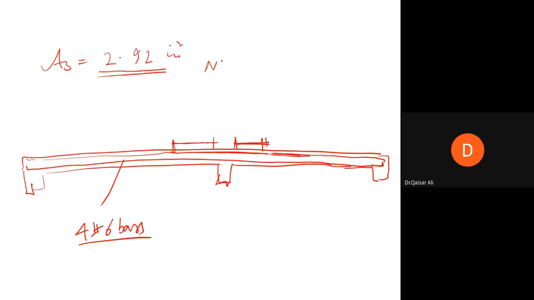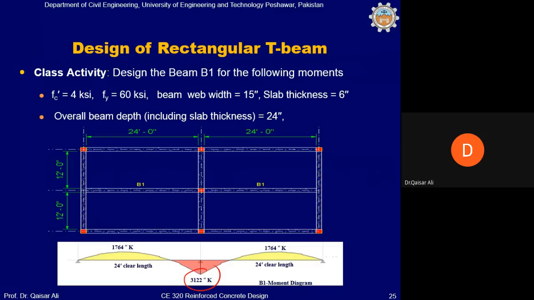नेगेटिव में कितने बार्स रिक्वायर्ड होंगे if we use the same number 6 bar, 2.92 divided by 0.44, कितने बार्स आपको चाहिए? तो 7 बार्स, 7 बार्स चाहिए।